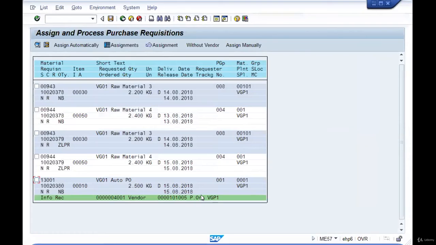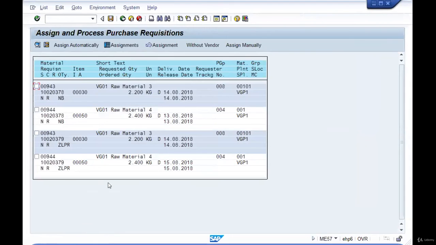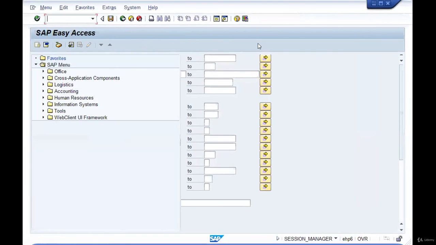So once this green line is assigned, click on save, indicating that this vendor has been assigned to this purchase requisition for this material using this info record. So again, when we go back and enter the same criteria, click on execute, the system will not show the document because the vendor is already assigned. Once it is assigned,